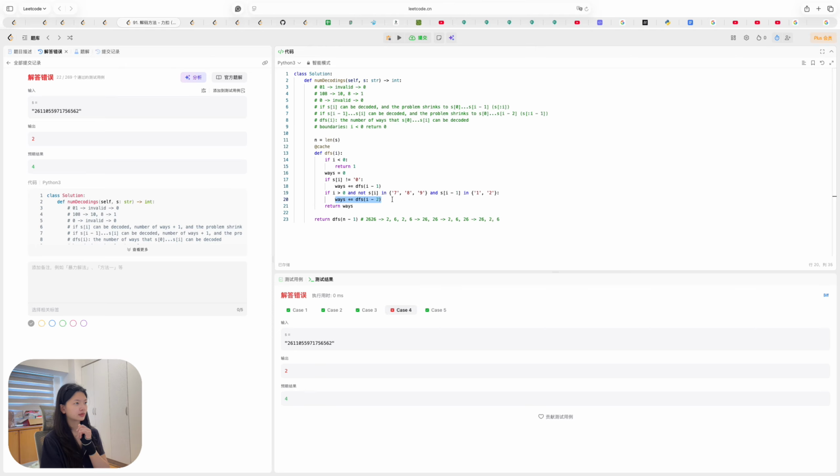Let's see, like 2 is here, then it will check the rest, and it cannot run here, so